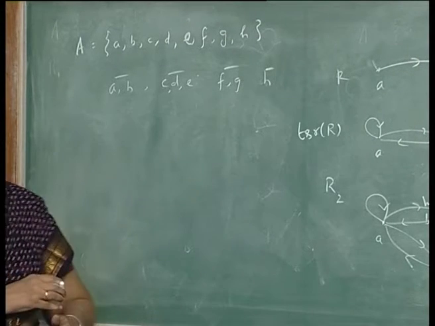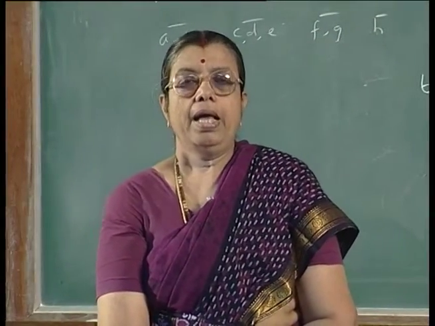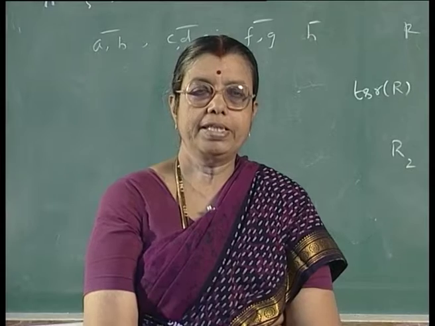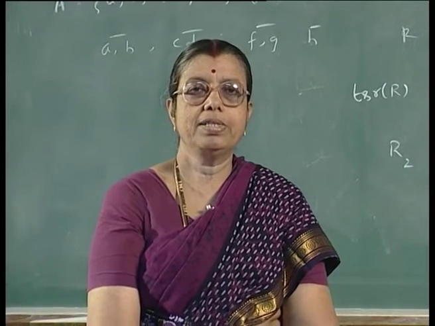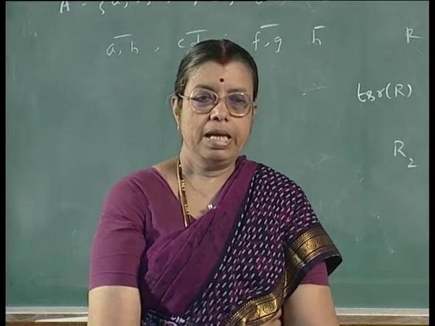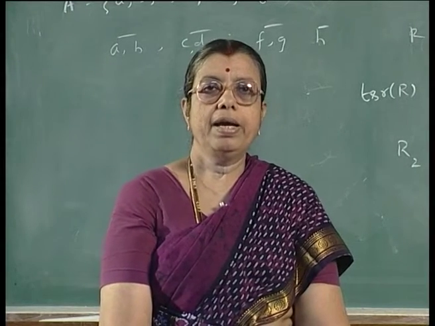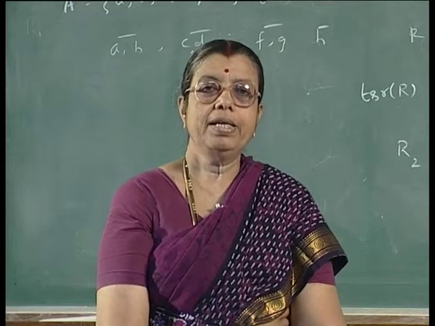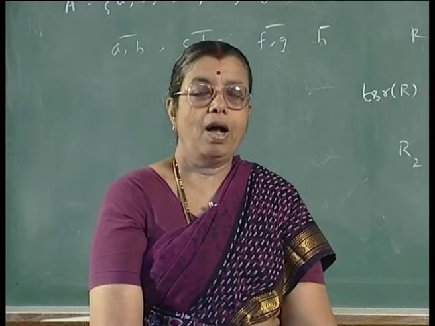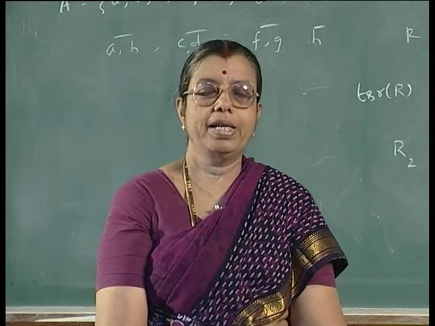This is a finite set. If you take the infinite set of integers, you can divide them into 3 blocks, having negative integers in one block, positive integers in one block, 0 in one block. Or if you take the set of non-negative integers, then you can divide them into 2 blocks, one having the even non-negative integers, and another having the odd non-negative integers. You can partition into odd and even numbers.